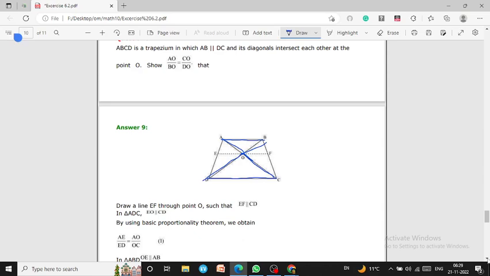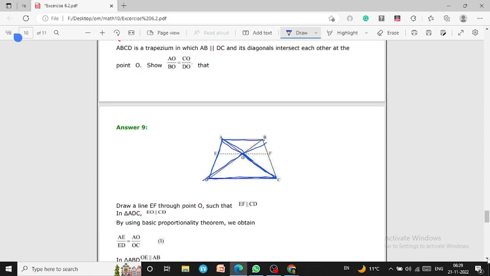For proving it, first of all, draw a line EF through the point O such that EF is parallel to CD. Now in triangle ADC,